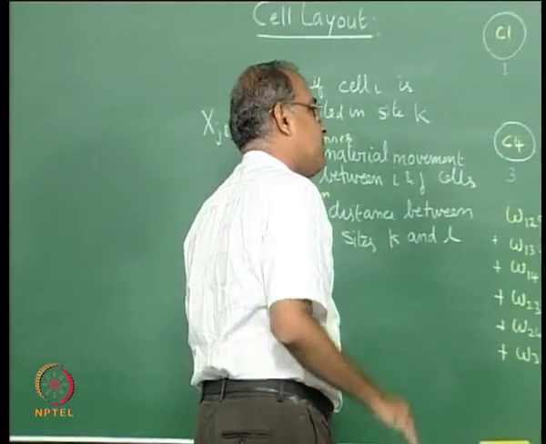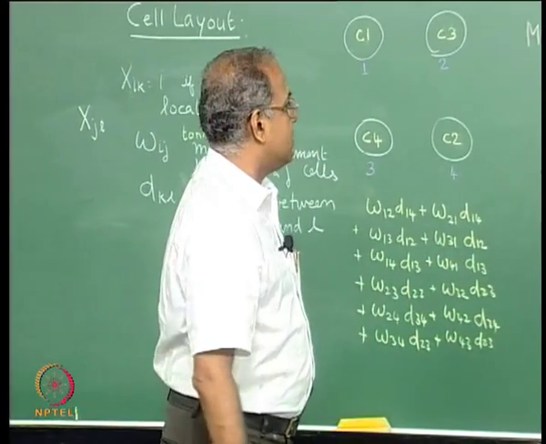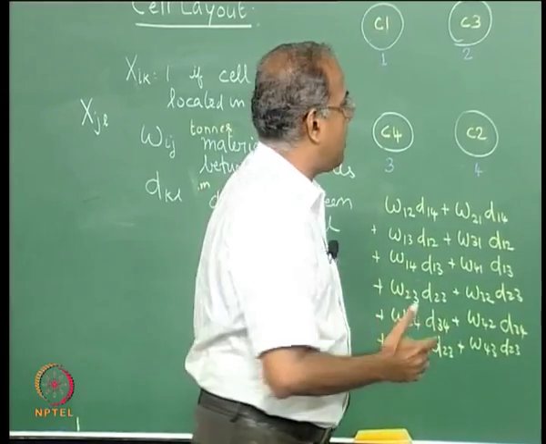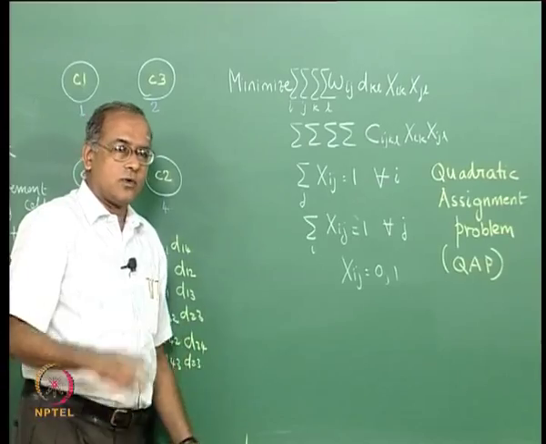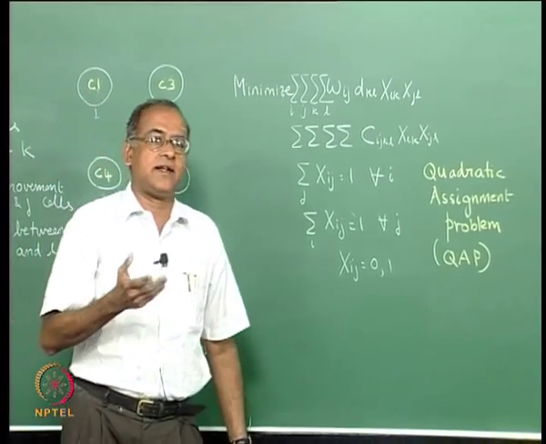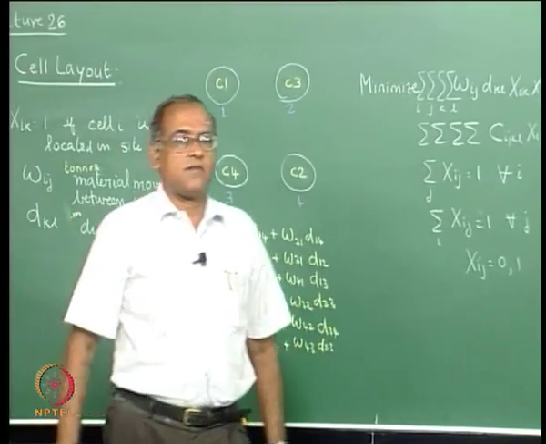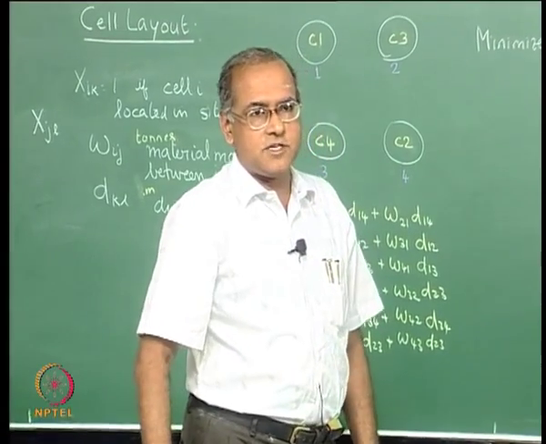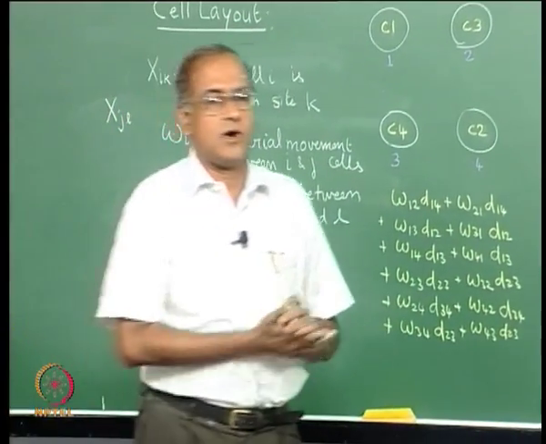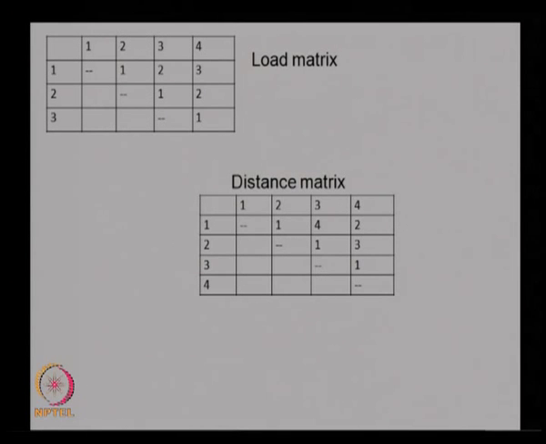Now, the quadratic assignment problem also is a difficult problem to solve, particularly when the number of variables increases. So, many times we solve this problem heuristically. We are now going to show one example of a heuristic algorithm which we could use to solve the quadratic assignment problem. So, we take this particular example where we have 4